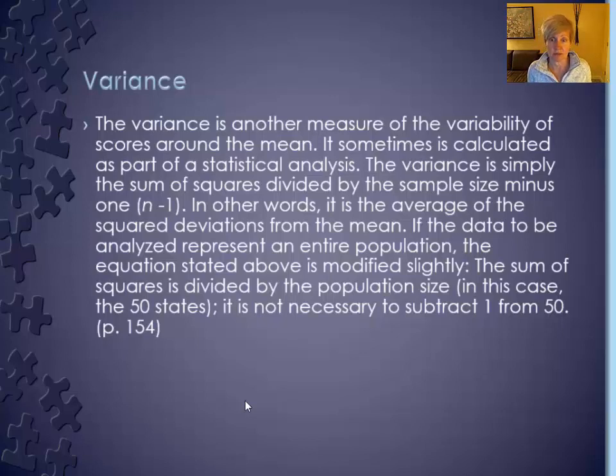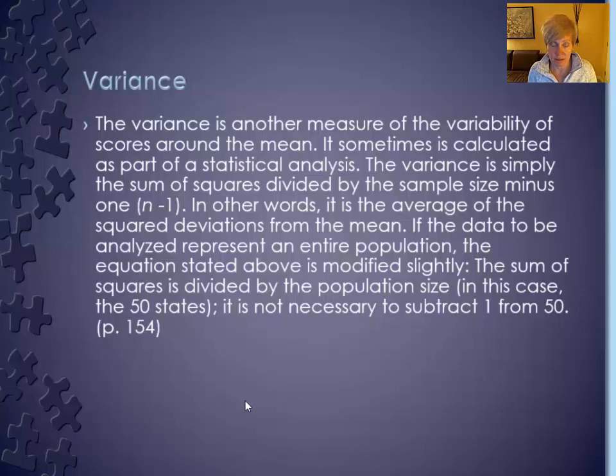Yes, oftentimes at the bottom of a table or chart, we'll see a variance, an S score. The variance is simply the sum of squares divided by the sample size minus 1. And that's n minus 1, so sample little n minus 1. In other words, it is the average of the squared deviations from the mean. If the data to be analyzed represents the entire population, the equation stated above is modified slightly. The sum of squares is divided by the population size. In this case, if you had 50 states, and there are only 50 states, it is not necessary to subtract